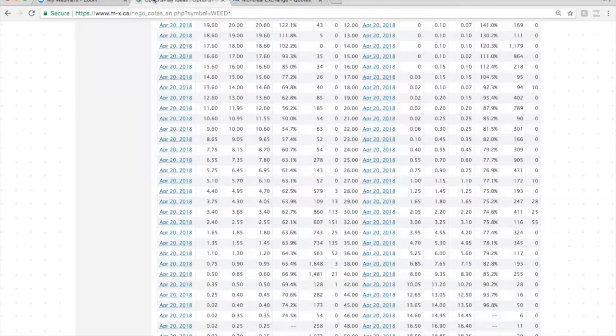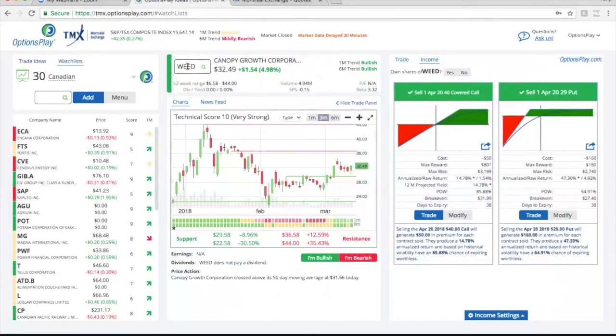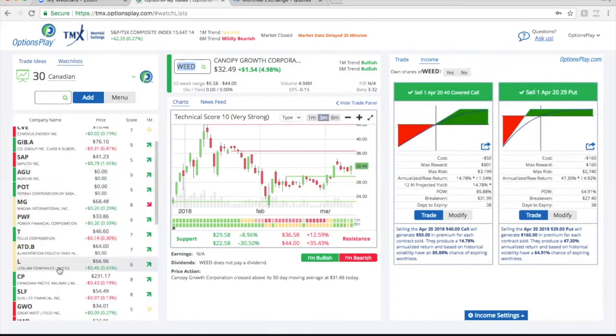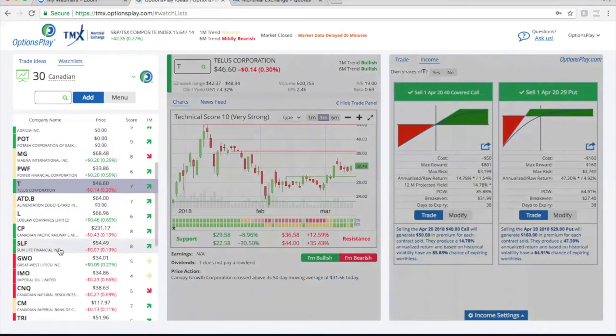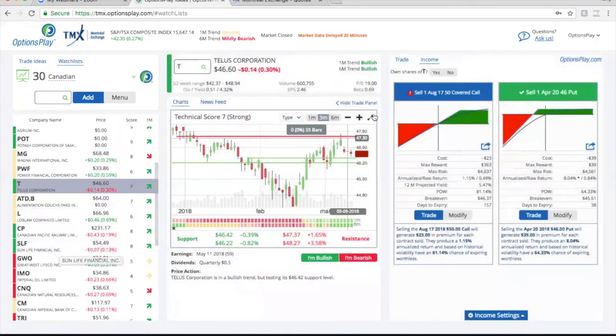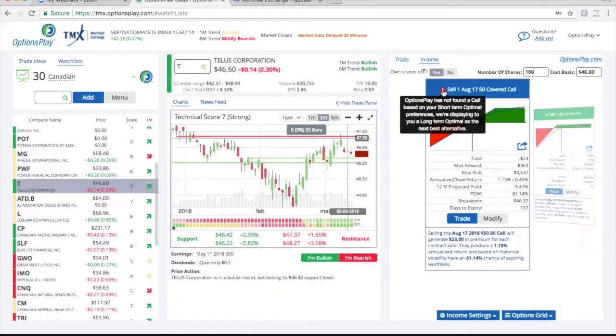What we do here is we do all of that work for you. You can simply type in a stock. Let's take a look at what's a stock here that we can use. Let's look at TELUS. So this is probably a stock that many of you may have in your account. As you can see, TELUS here is telling me that it cannot find me a covered call